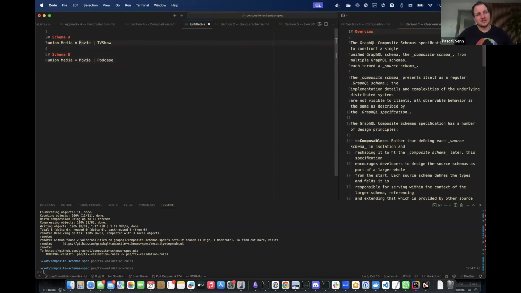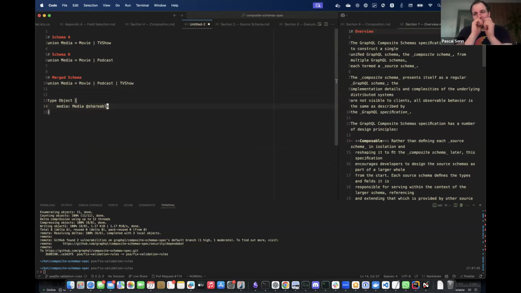So now what comes out merged is this, right? You have the podcast, and we have the TV show. So that's the merged output. Now, this works and it makes a lot of sense, but there's one edge case where this becomes a bit interesting. Let's say we have a type Object and this has a field media. Everything is fine. We live in a safe space. But what happens if this field is shareable?